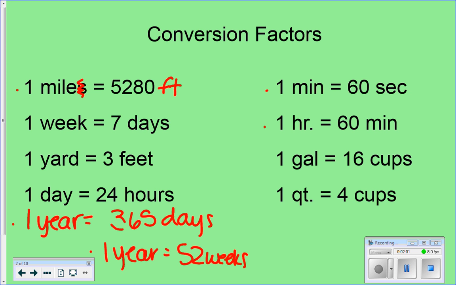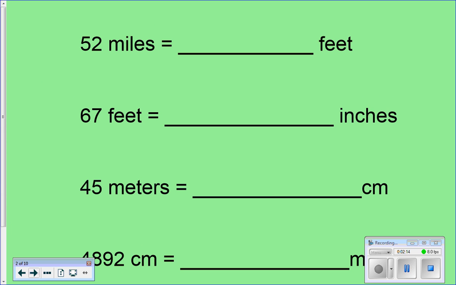Alright, you about ready? Alright, so first thing we're going to do is simple conversions. To me, a simple conversion is one step. So if I look at 52 miles and I'm going to change that to feet,